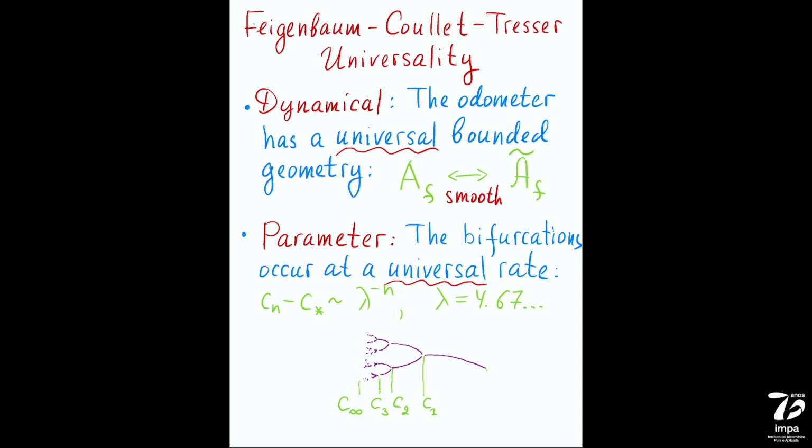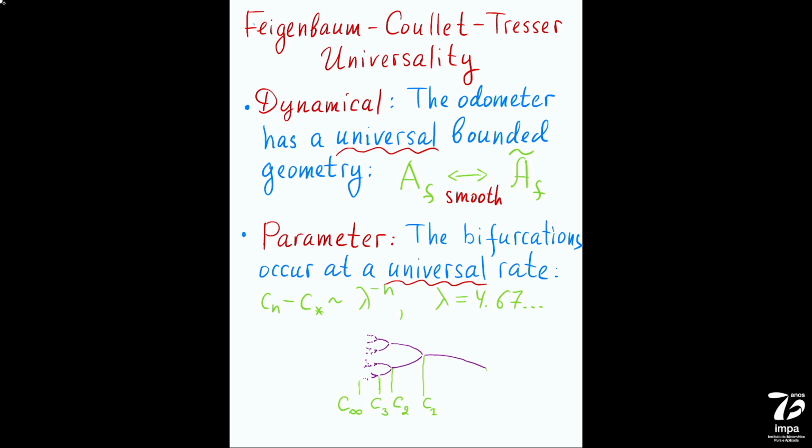There are two parts to it, a dynamical part and a parameter part. The dynamical part says that if you have two infinitely renormalizable maps like that, with the same combinatorics, not necessarily quadratic, and